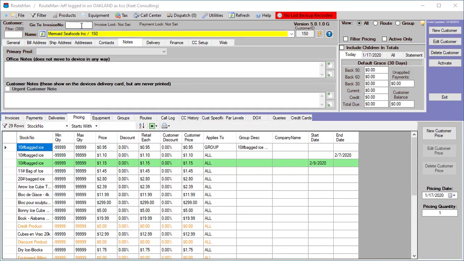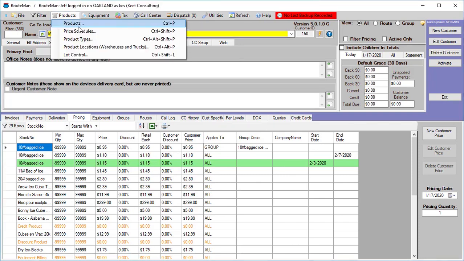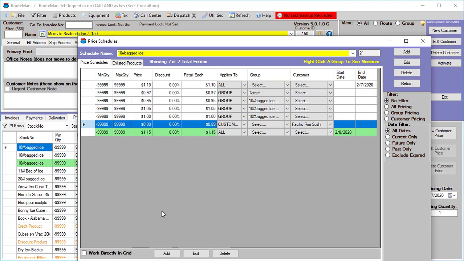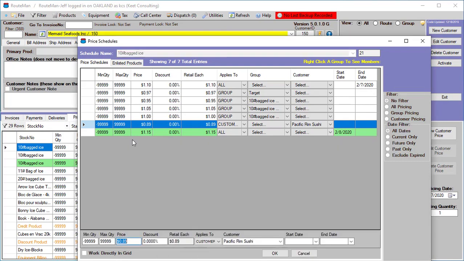Okay, another part of editing prices is handling quantities. So sometimes you give quantity deals to customers who buy a large amount. So let's pretend that this Pacific Rim Sushi, they're paying 89 cents, but if they'll order at least 100 bags, we're going to give them a discount. So we would edit this, and we're going to put the quantity as negative number to 99,